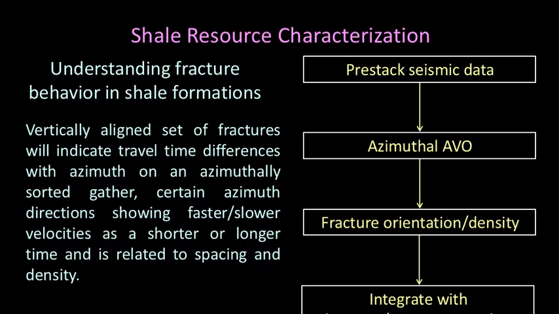Now, okay, there is still one more, because some interpreters have a liking for azimuthal AVO, because that gives you the orientation and the intensity of the faults and fractures. So you can make use of this. It's a pre-stack process, and sometimes it works well, at other times it may not. I'm not sure what your experience is for this particular application, but the way I look at it is, because it's a pre-stack process, we should get more information out of azimuthal AVO, and we should be able to correlate that with the post-stack attributes, and then do an integrated type of interpretation.